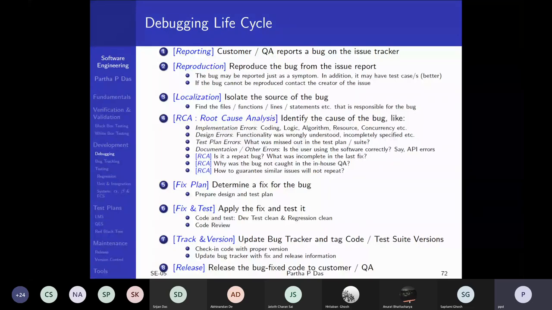So reproduction is the first challenge. If you cannot do that, you have to go back to the creator and negotiate that. Once it has been reproduced, then you need to localize. Then you need to find out using all those debugging techniques. That is,